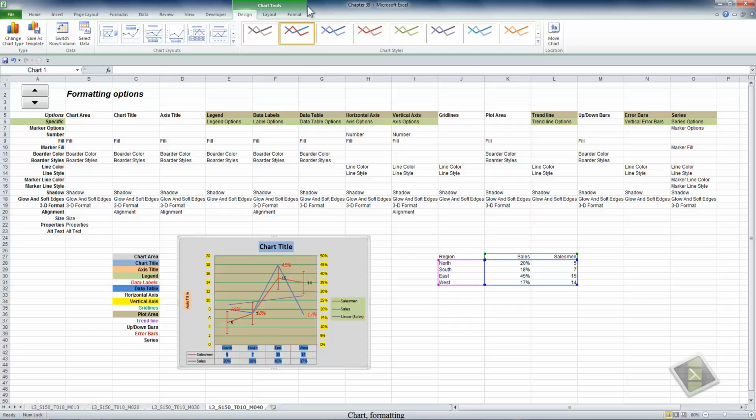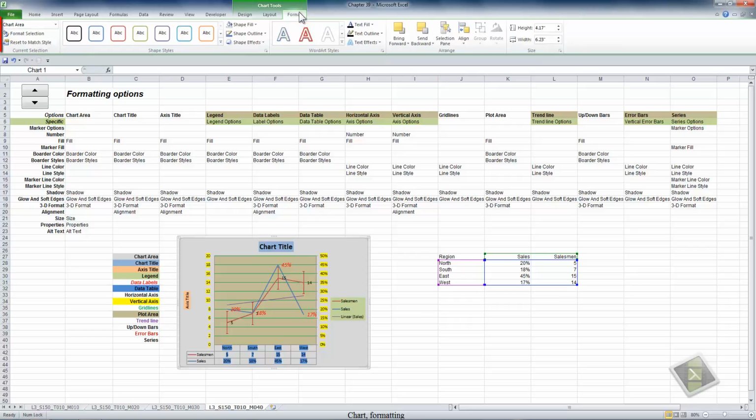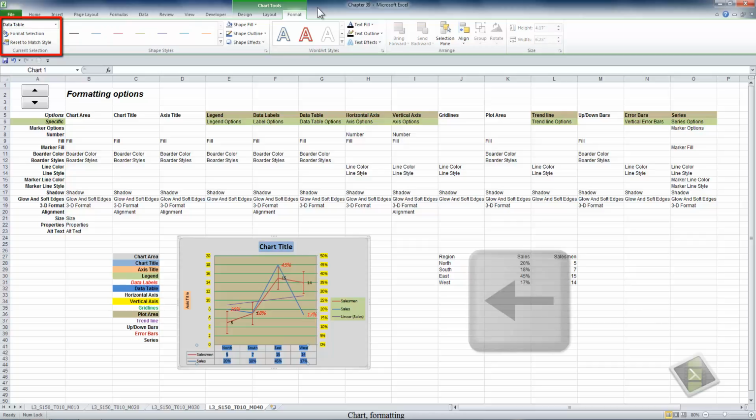But before I do that, I'm going to go to the Format tab so that we can see in the current selection group which object we have selected. Right now it's the chart area. When I left arrow, it's now the data table. Left arrow again, it's the salesman series. Left arrow again, the trend line,